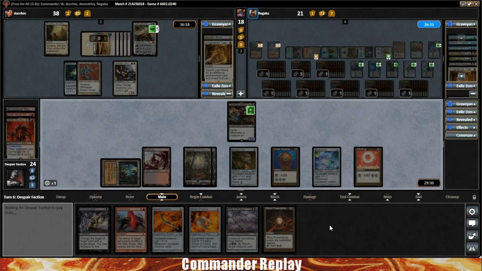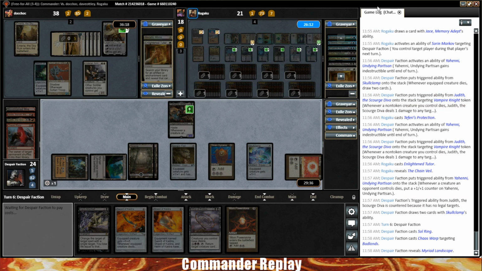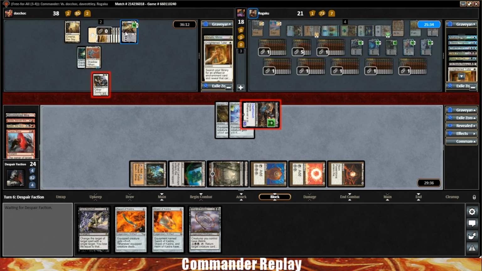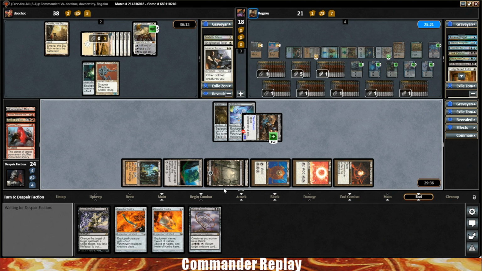I don't know. Things got awkward with our mana. We didn't have enough colored mana. This opponent plays our Chaos Warp, plays our Soul Ring. Chaos Warps our Badlands. We hit a Hero's Landscape. Opponent sends our Yahenni into the Ajani. They're going to block with the Veteran Armorsmith. Yahenni gets pumped up, but unless there's a planar...